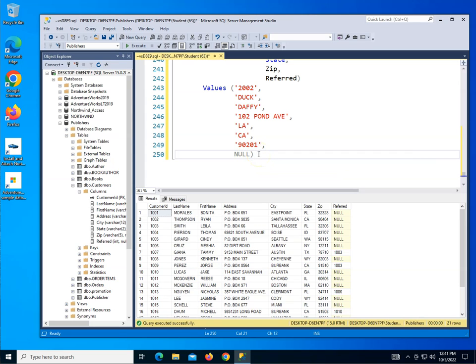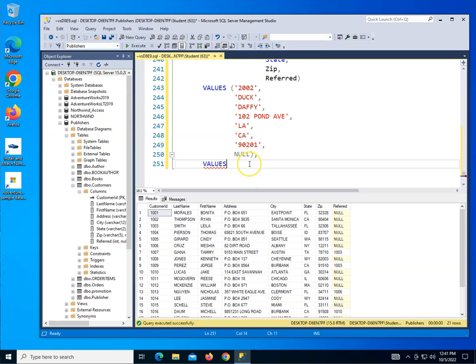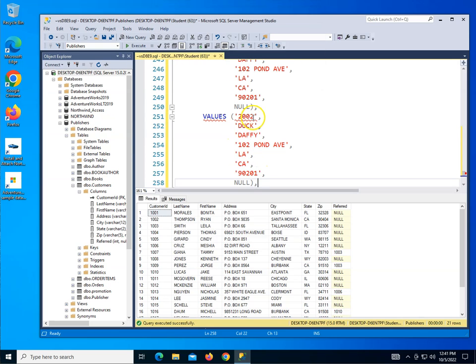Then I can put a comma here and then do another set of values. And I better make this all caps. I'm consistent. I didn't do it before, but I'll just copy and paste this right here. Again, apologize. Let's say this is 2003. This is